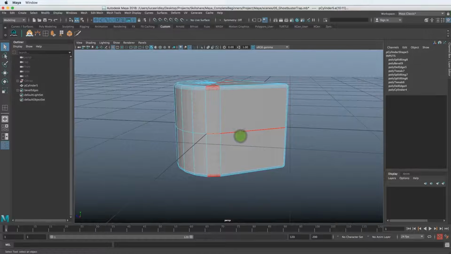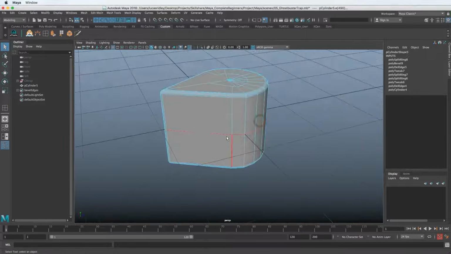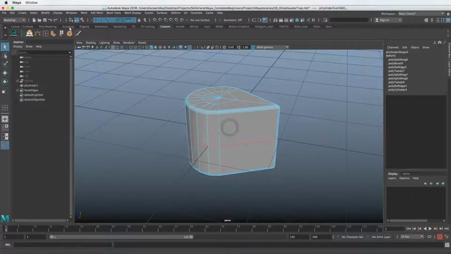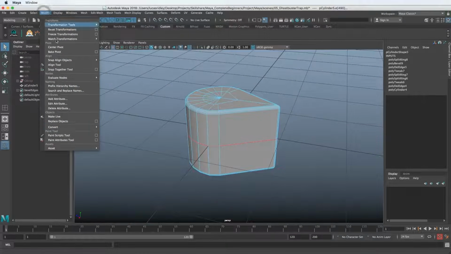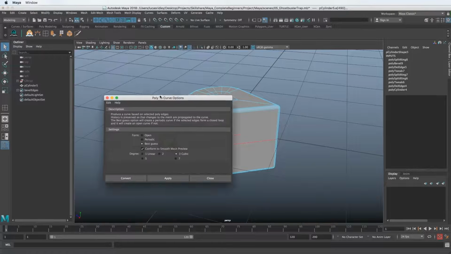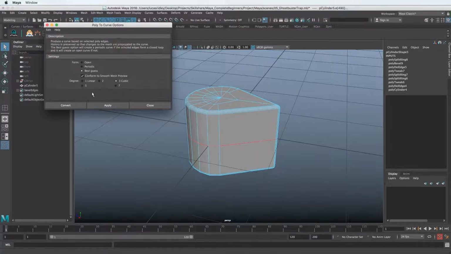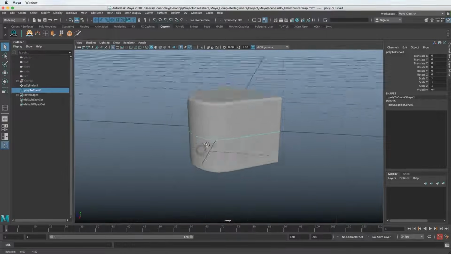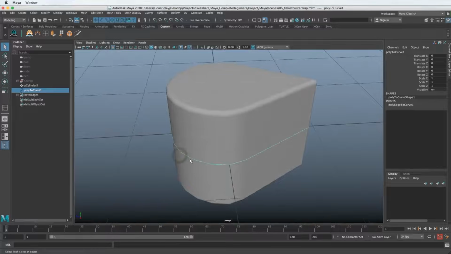All right, so now we have this edge loop. Let's go to the edge mode by right clicking and dragging up. Select that edge, double click it, and let's go to modify, convert, polygon edges to curve. And we'll click the little box on the end there to get the options. I want to choose linear because I want it to follow exactly where the edge loop is. I don't want it to interpolate and get curvy. So we're going to choose linear for right now and convert. Now you can see we have a curve here that follows exactly the shape.